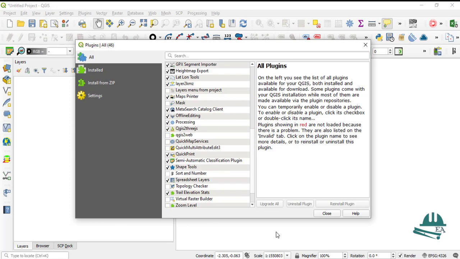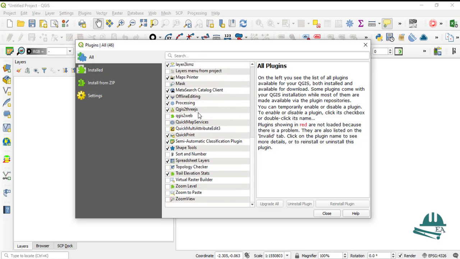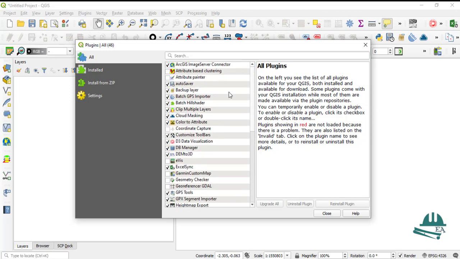In All, you will see both core and external plugins on your QGIS application. These are some of the plugins that are on the QGIS.